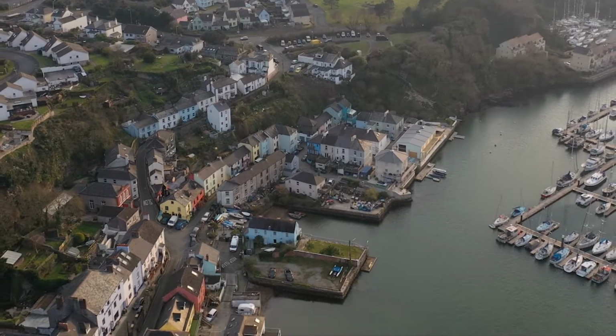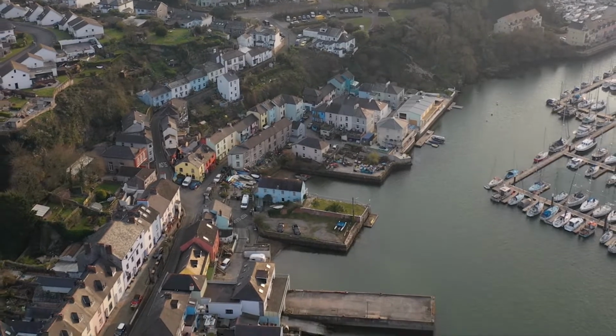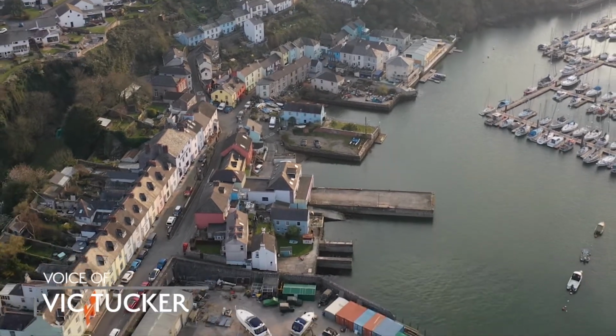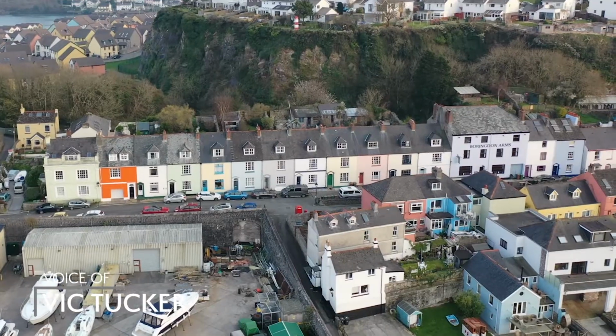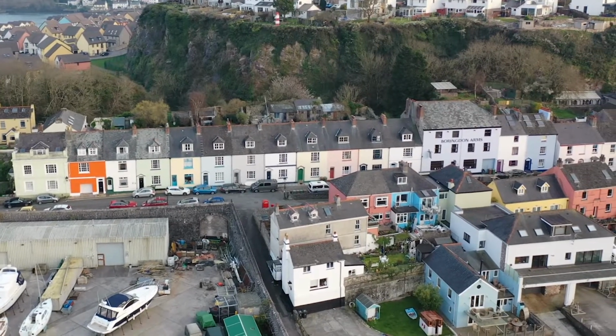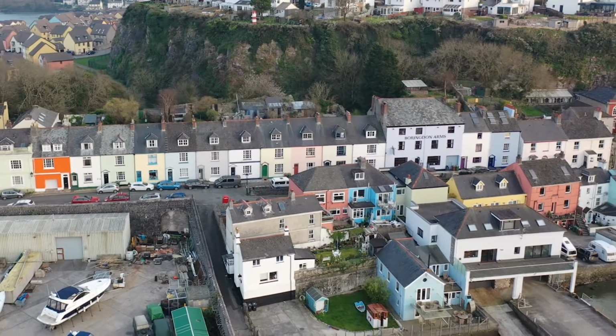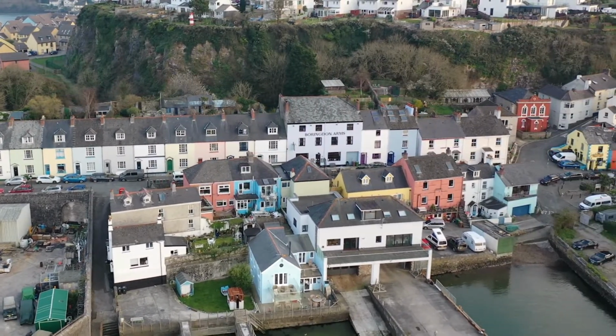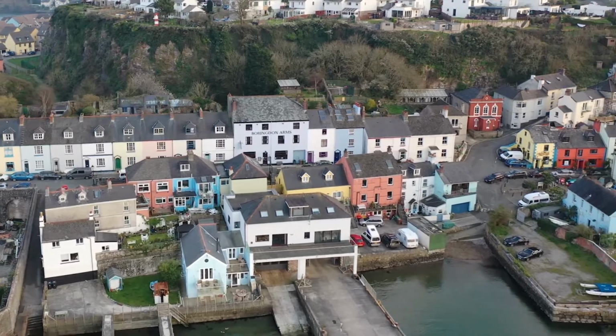The cottage, named after this boat, was where local Vic Tucker grew up. Drift Cot had a large boathouse, hewn from the rock underneath the house, built into the steep slope running down to the sea. On high tides, Dad could row his boat into the boathouse, then up the steps into our